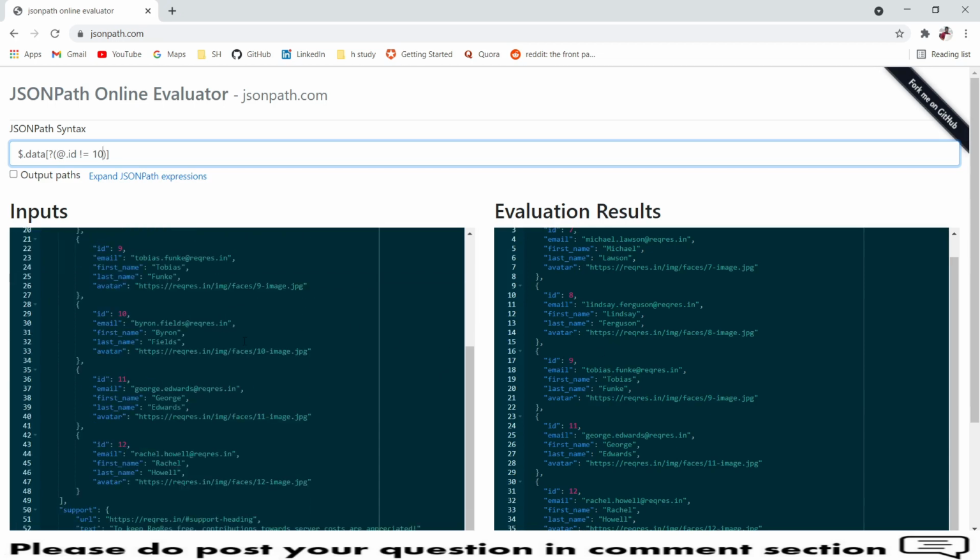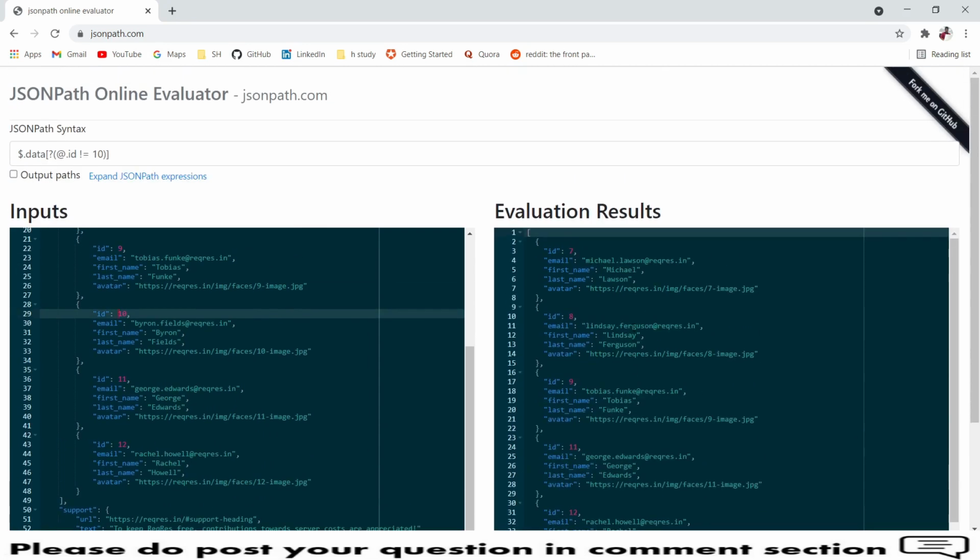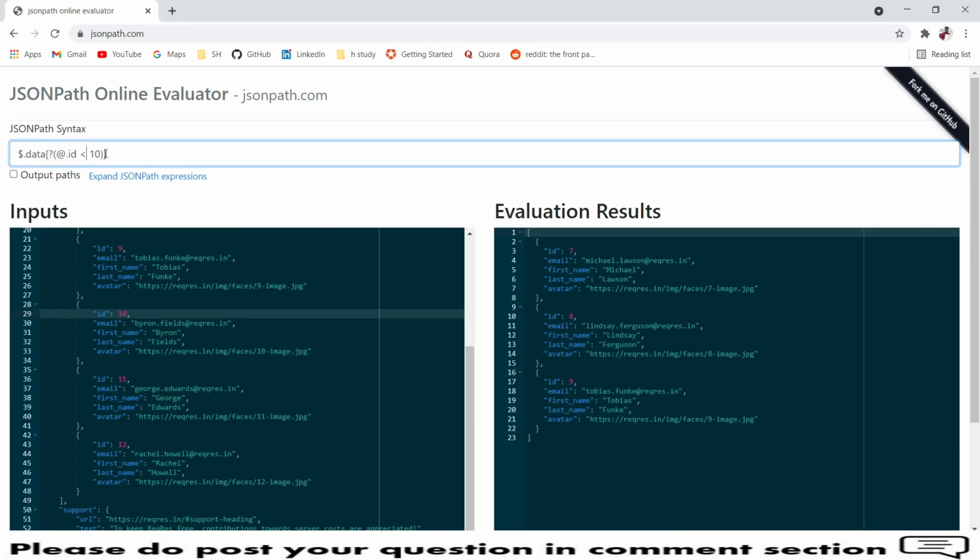You can see here we have a 10, but in the evaluation result you will see 10 is missing. So this is how you write it, and you can retrieve all the information which is less than my ID number 10. Less than 10 we have 7, 8, 9. This is the expression that you write, and you can provide it as a JSON path expression in the actual test case of retrieving.